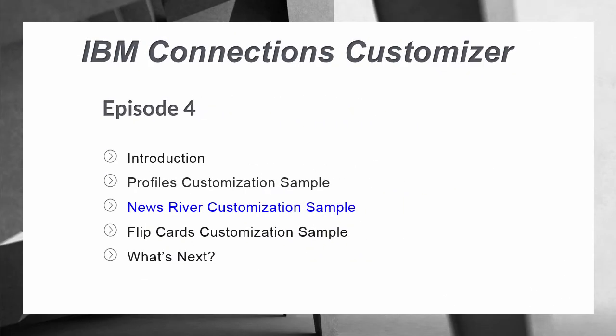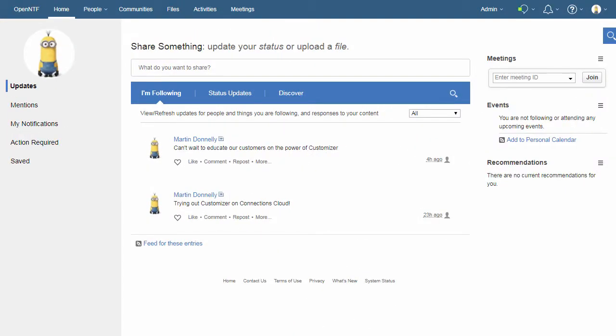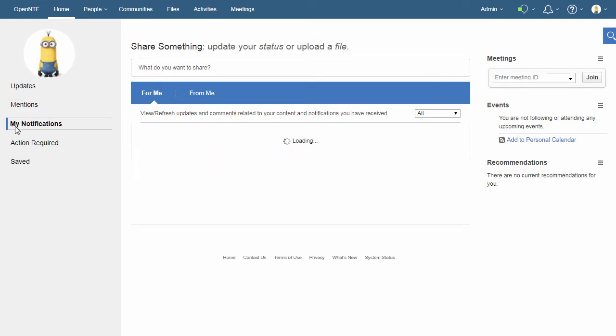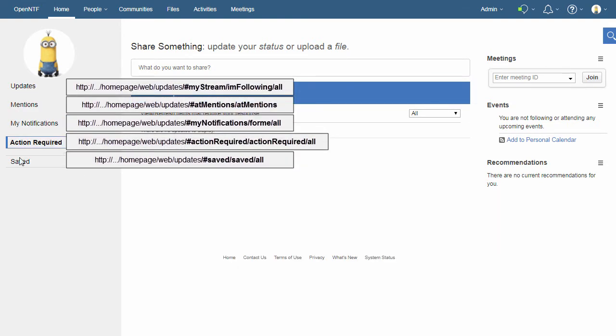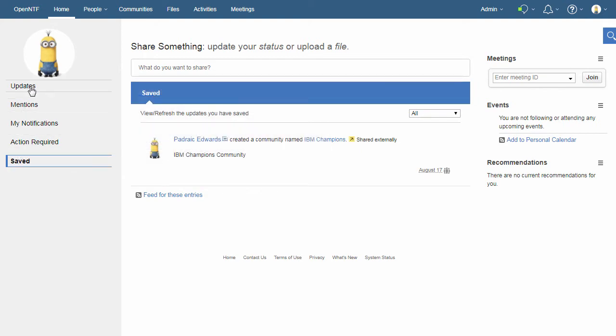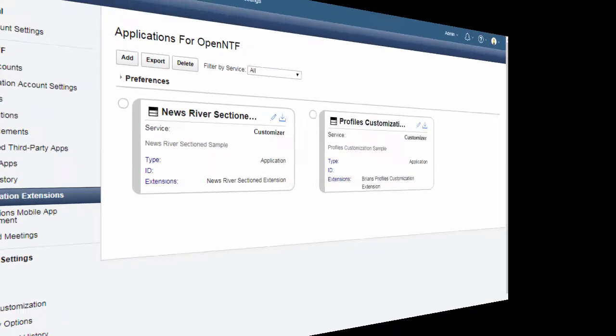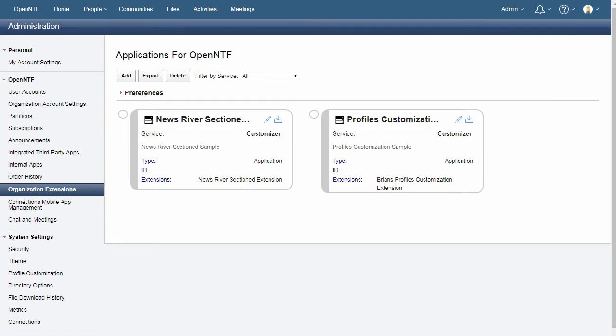The next sample is designed to customize the appearance of the news river on the home page of Connections. The home page is broken up into 5 different sections using the menu on the left. Clicking on each menu option simply changes the hash URL of the page and consequently the content shown on the page. I've now added the News River sectioned customization to the app registry, so let's see what it does in